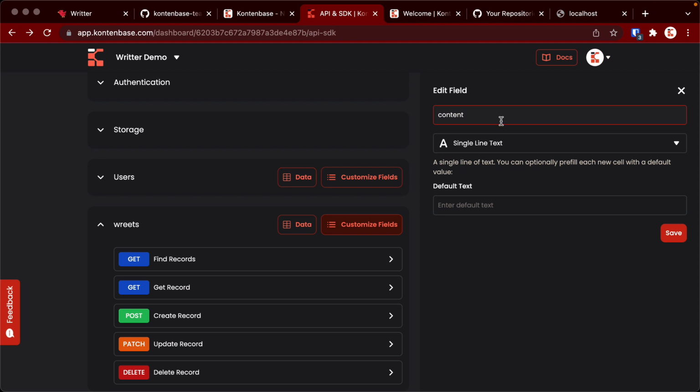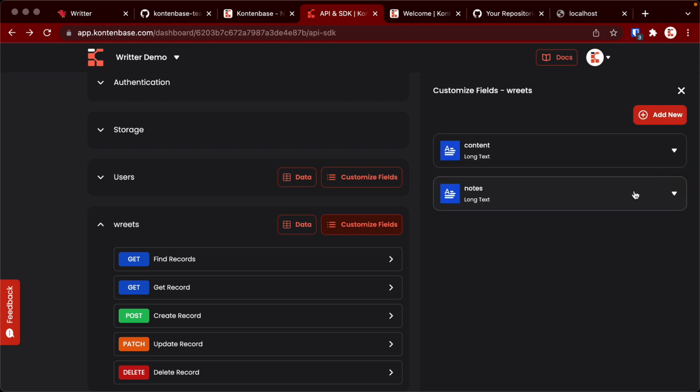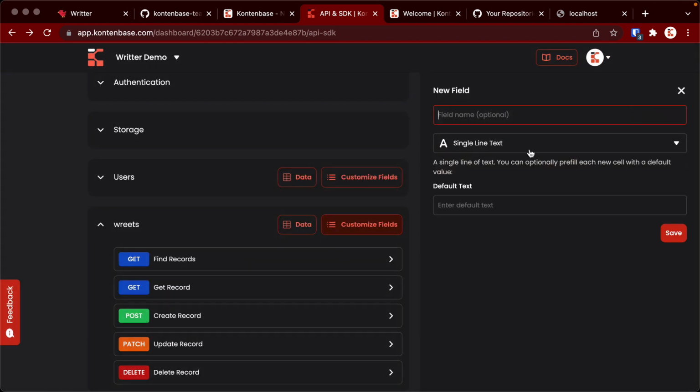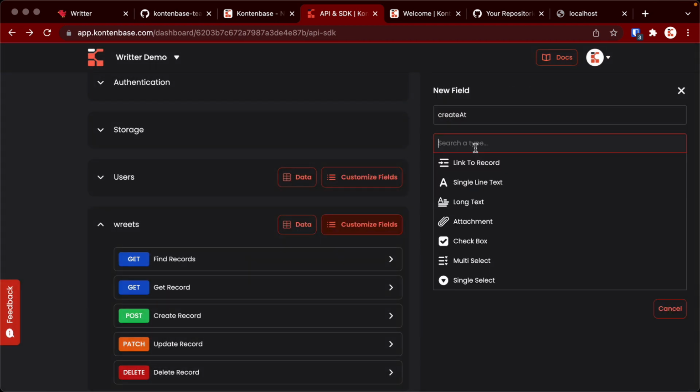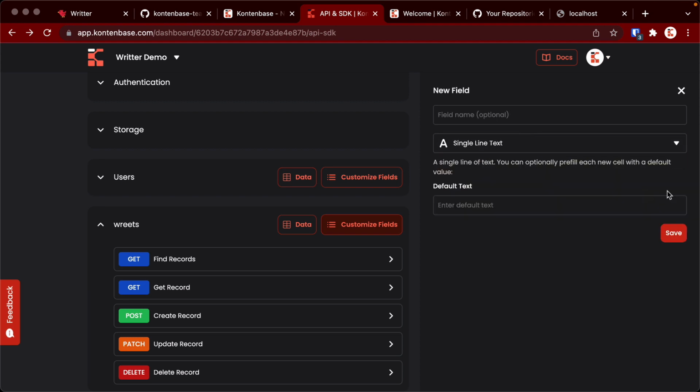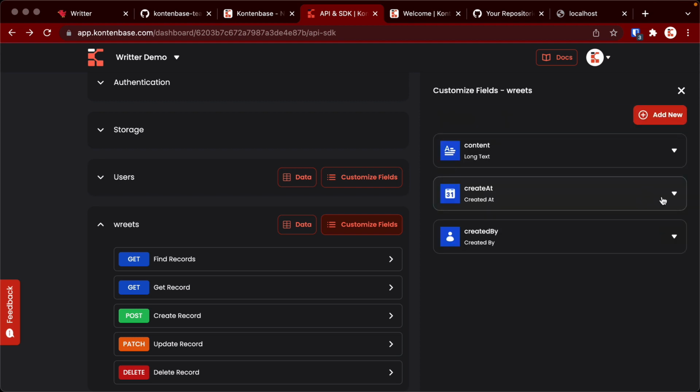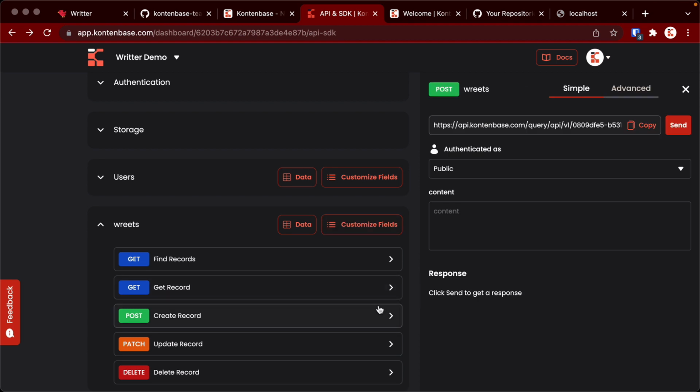Content, and this is the long text. Here we don't need the notes. We can delete the field. We need created at. We need created by. Right, we have it. If we try to post, we have content, but created at and created by should be